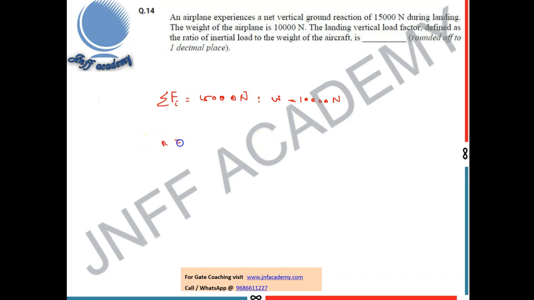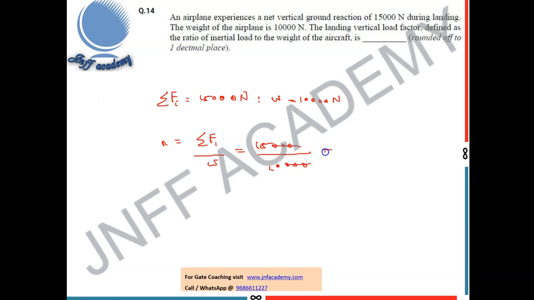So the load factor is very simple. The net vertical load which is acting on the aircraft divided by weight of the aircraft. So the net vertical load is nothing but sigma Fi. We don't need to calculate the net vertical load. Everything is already calculated. They have clearly given the net vertical ground reaction. By the time the aircraft lands the ground reaction is 15,000. So that's the net vertical force, divided by weight is the load factor. So 15,000 divided by 10,000,